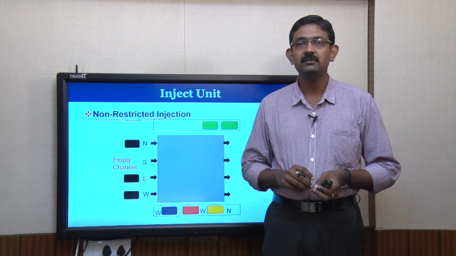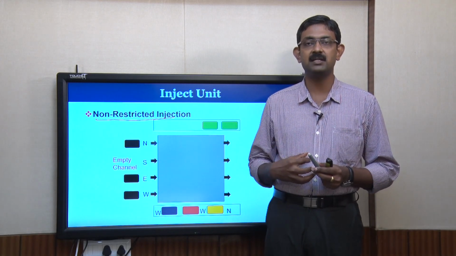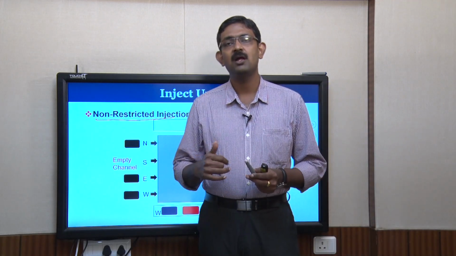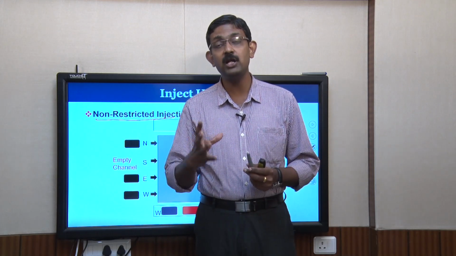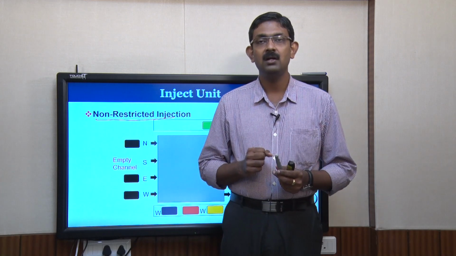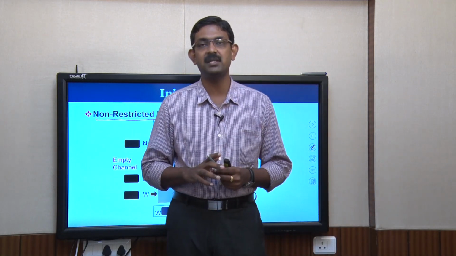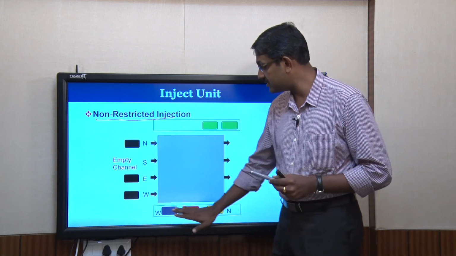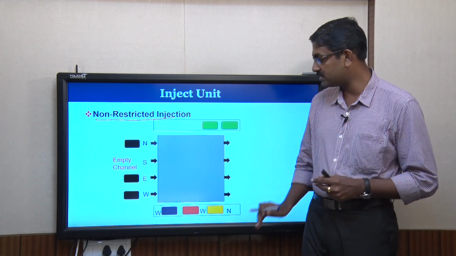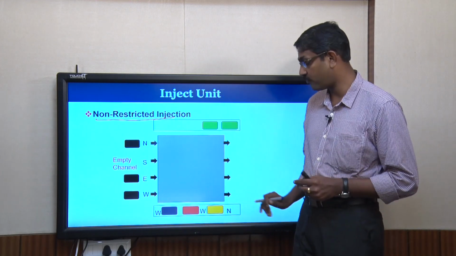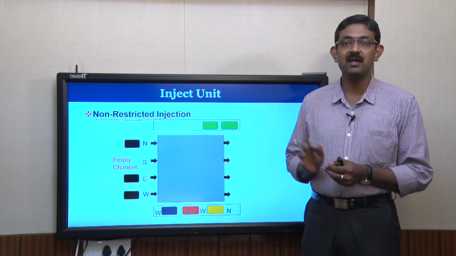This is prevented by two modes. You have two different modes for slider. One is called restricted injection, the other is called non-restricted injection. In restricted injection, flits will be injected only to their productive output ports. The routers switch into non-restricted injection when the buffer occupancy level of the core buffer is more than 50% of its capacity. A core buffer can accommodate a maximum of 4 flits, and already 3 flits are there, so it is going to be near full.